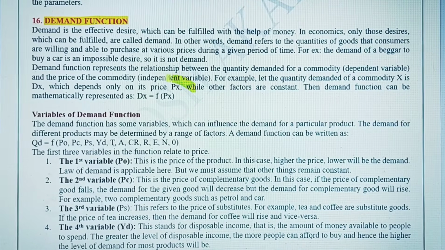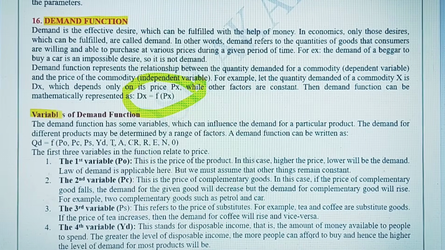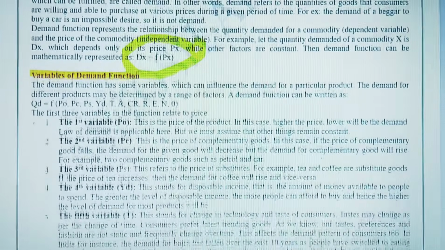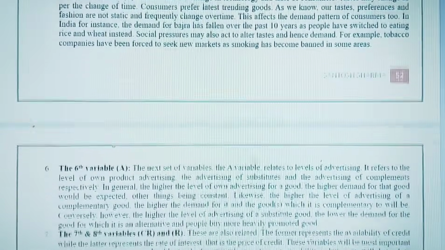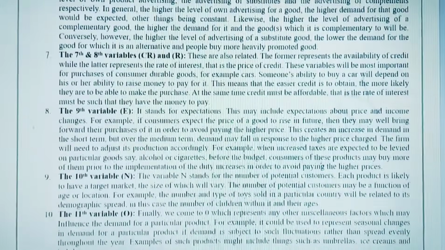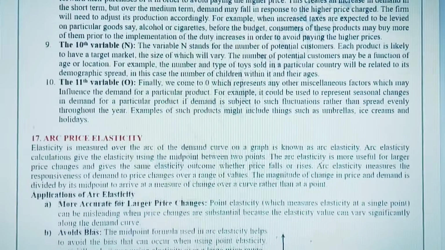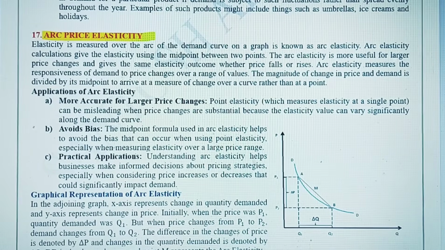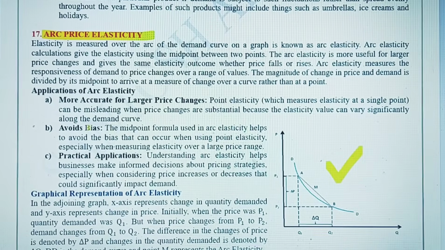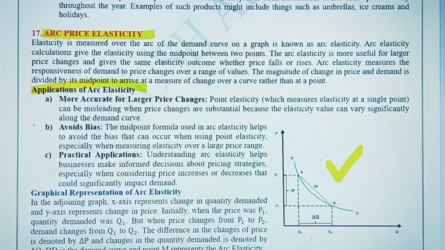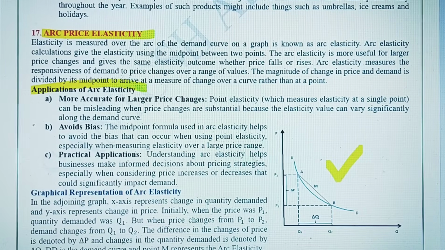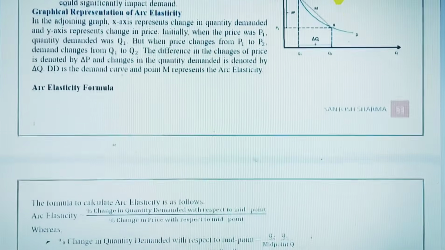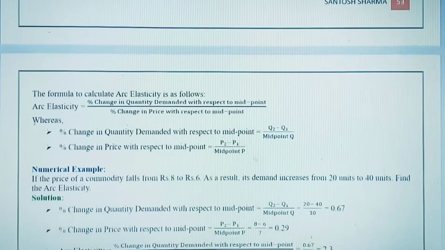एक शॉर्ट नोट आप कर सकते हैं डिमांड फंक्शन पे. एंड दिस इज़ द डिमांड फंक्शन, इसका फॉर्मूला, इसका डेफिनेशन और इसके वेरिएबल्स. सो ये सारे आपको लर्न करने हैं फॉर द एग्ज़ाम, वेरी इंपॉर्टेंट वन. ओके, आगे देखते हैं नेक्स्ट क्वेश्चन, आर्क प्राइस इलास्टिसिटी. अगेन इलास्टिसिटी चैप्टर से है ये क्वेश्चन. एंड इसका भी ग्राफिकल रिप्रेजेंटेशन है एंड इसके एप्लीकेशंस. सो ये दो चीज़ें अभी आप डिस्क्राइब अगर करते हैं तो आई थिंक एग्ज़ाम्स में आपको अच्छे भले मार्क्स मिल सकते हैं, नो डाउट अबाउट दैट.